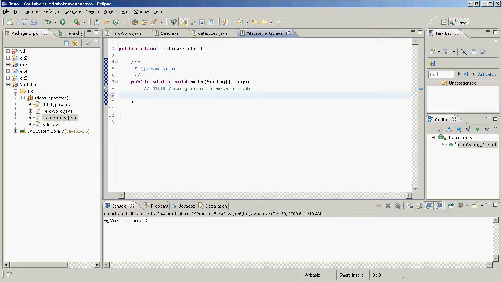So let's make an arbitrary variable: int myNumber is going to be equal to 1. Okay? So let's make an if statement, our first if statement. If, and then we're going to put two